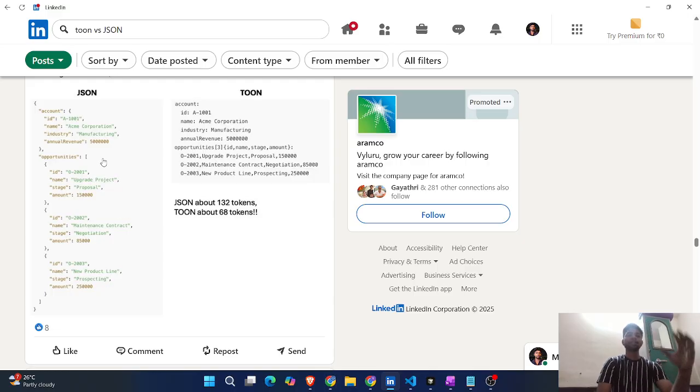Let's say you're passing this kind of data to an LLM. Every word you mention, every character you mention, or every special character like brackets, will take some token count. So it will make your things costly.